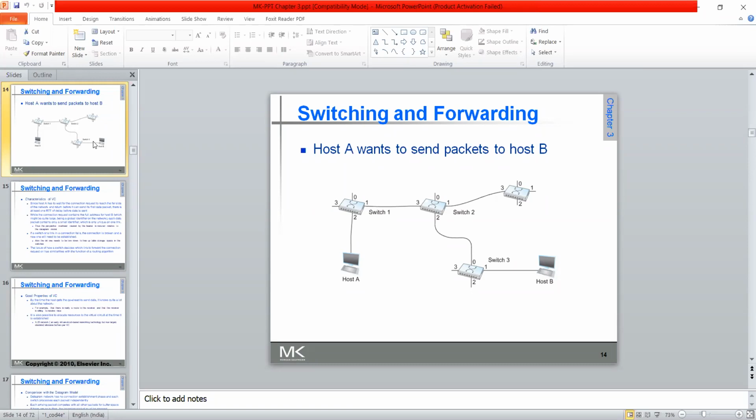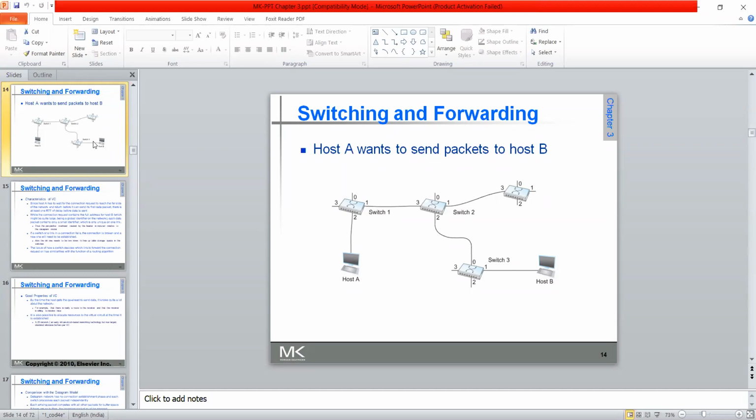Then that switch will ask its neighbor switches. That neighbor switch again will change its state and ask whether the host B address is there. So switch 2 will ask the other switch, switch 3, and then switch 3 in turn, when it finds host B is there in its network, its VC table will be updated with a unique number of that particular circuit.